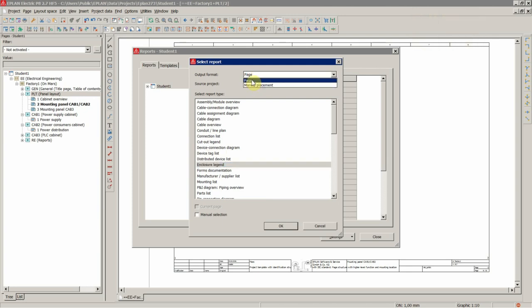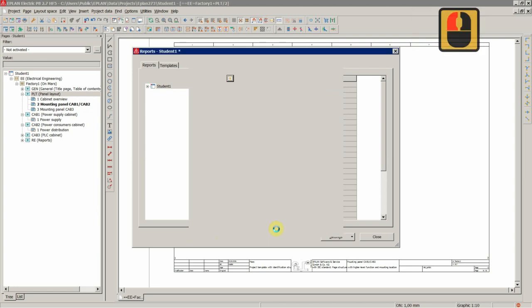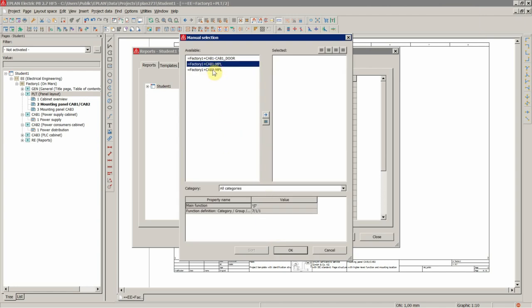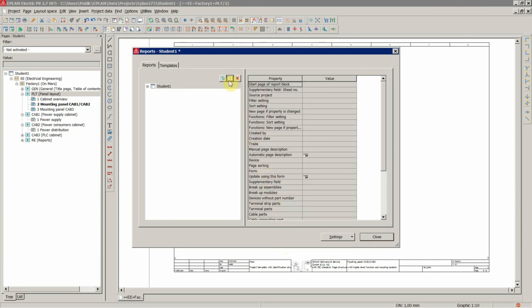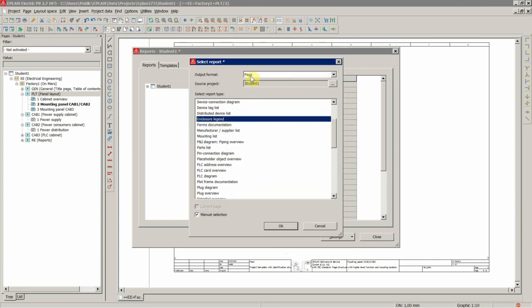This is where you can choose between a designated page or a manual placement on some other page, like the mounting panel page. So this one is more for the page, so let's continue with that one. Just as an exercise, manual selection, we're gonna choose the first one. Let's do that once again. As a page,